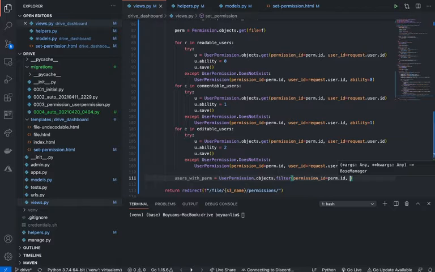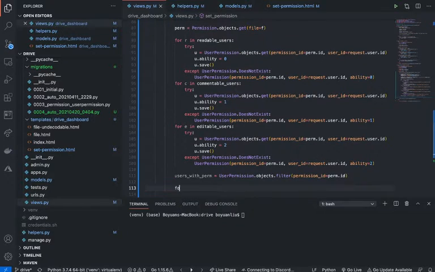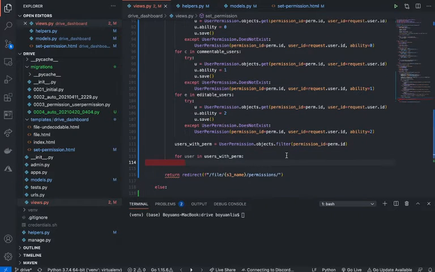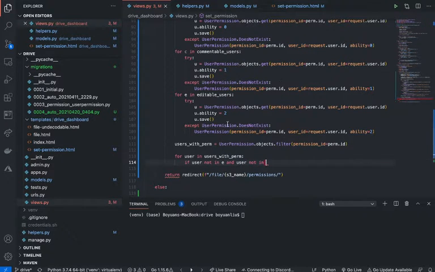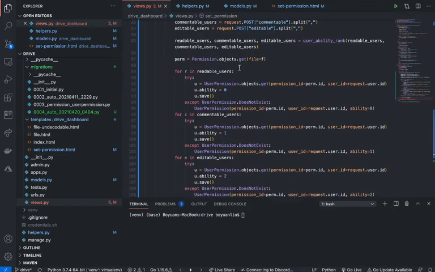That's what we're also going to do at the top. Yes, and then here you can say for user in user with perm. What's going to happen is if user not in E or user and user not in E but not in